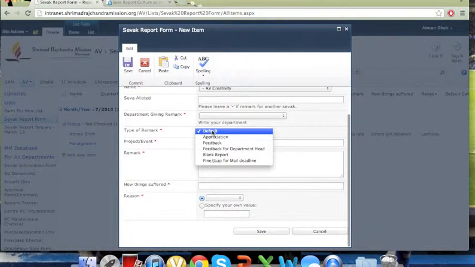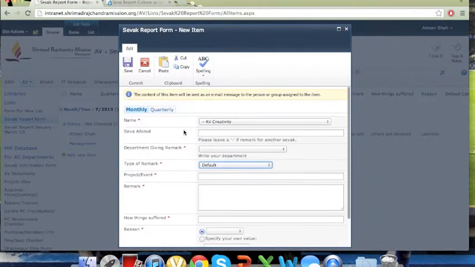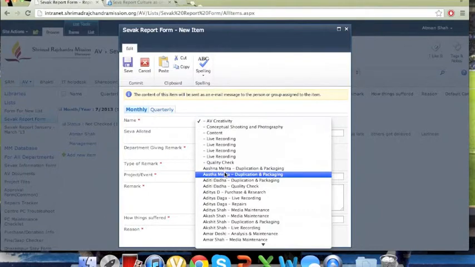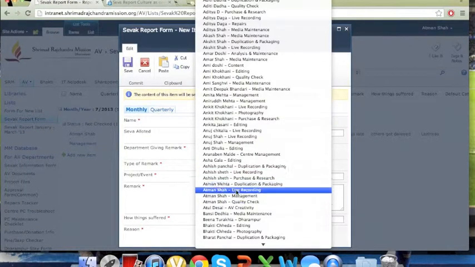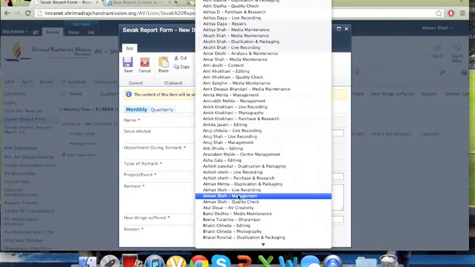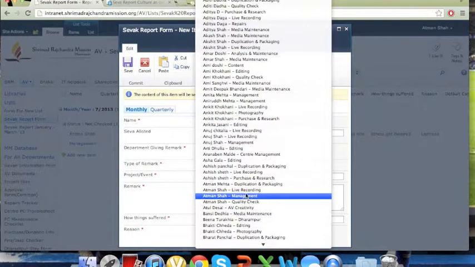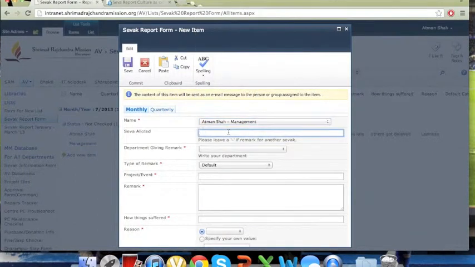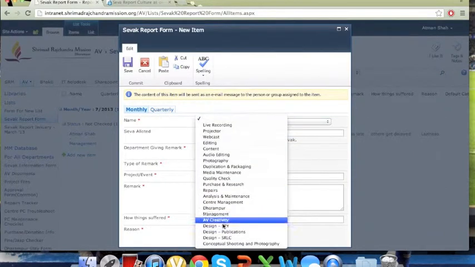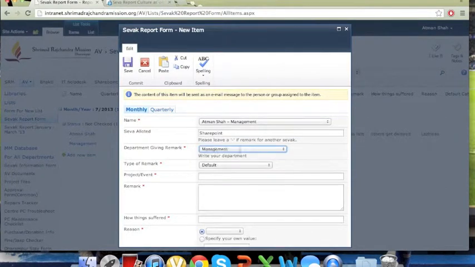I'll be taking you through how to submit a default. So under name, you would find your name. This is submitting a default for yourself, and make sure your name is linked to the correct department, because your name will be repeated if you're in many departments. So I'm going to click on Atmasham management, then Seva allotted. You can just write, let's say, SharePoint Seva, then department giving a remark, I'm giving it myself, so management, default project event,